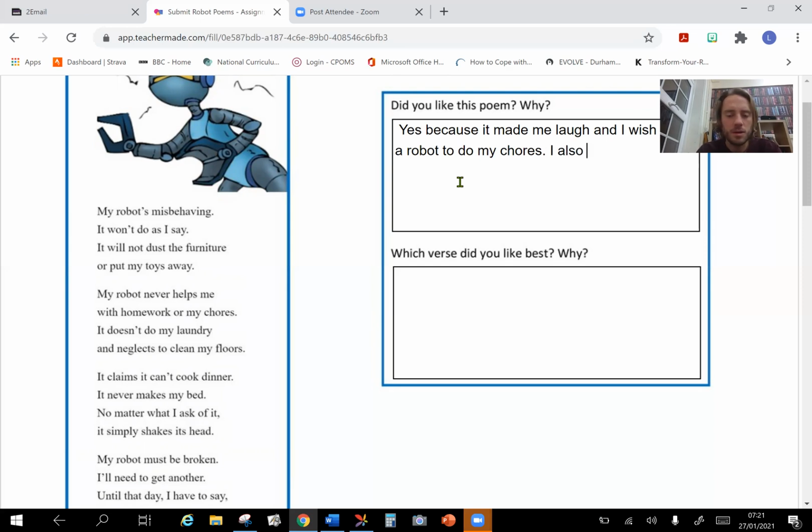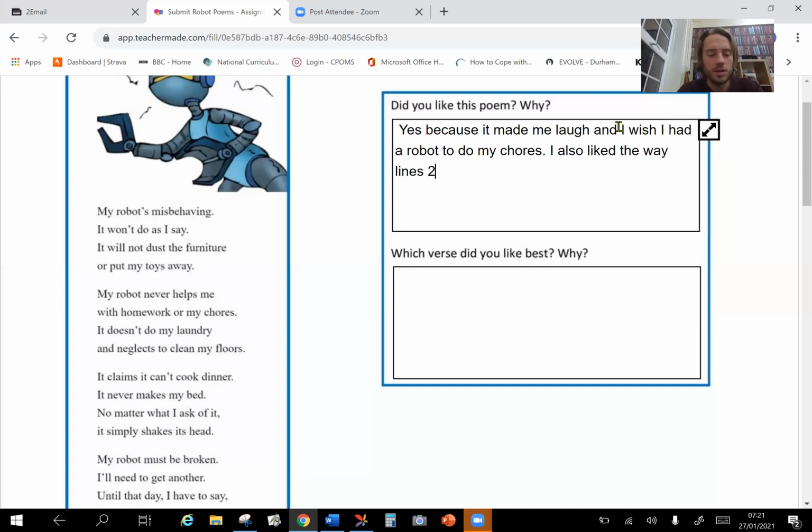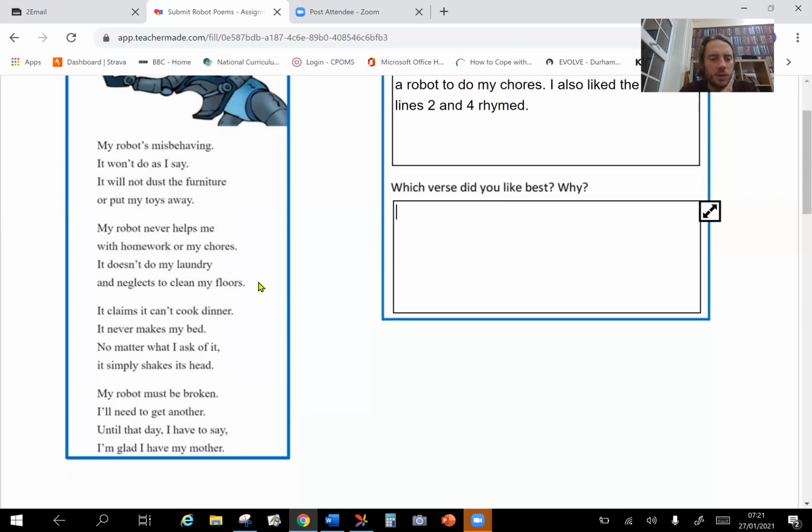I also liked the way lines 2 and 4 rhymed. Boom, done it. So I like this poem, and why. Which verse did you like best? Okay. Let's have another look. It won't dust the furniture, put my toys away. It neglects to clean my floors. I like this one. It claims it can't cook dinner. So I like verse 3 because